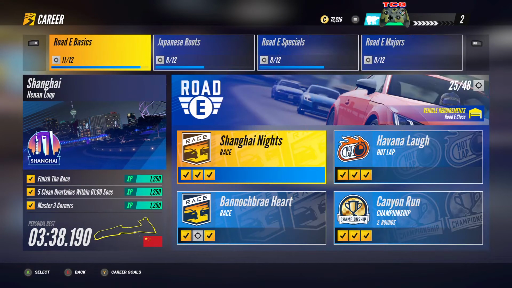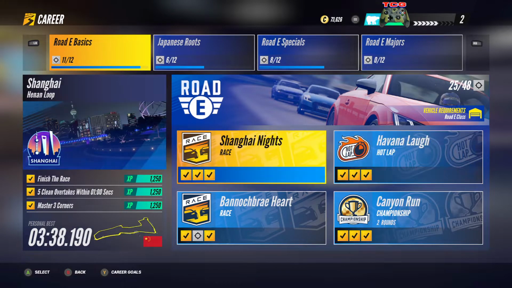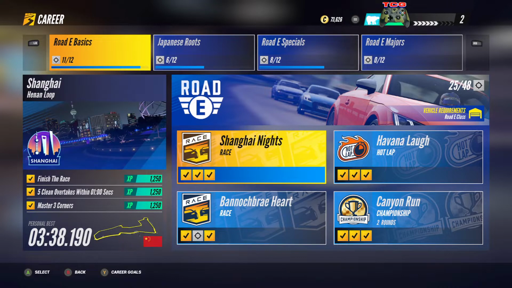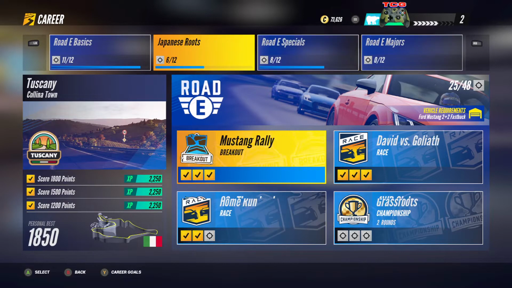So, here we go. We got Road E Basics. And so we got a bunch of different hot laps. We got the championship mode for two rounds that you get to race at Monument Canyon, which is a very fun track. Two different tracks that you have to do. We also have the... I'm not sure how you pronounce that, but it's a very cool town road in Scotland. A very fun track there. And of course you got the Shanghai Nights. You got this interesting hot lap around Tuscany. You got these three different goals you try to meet on each one, and how many goals you meet unlocks further